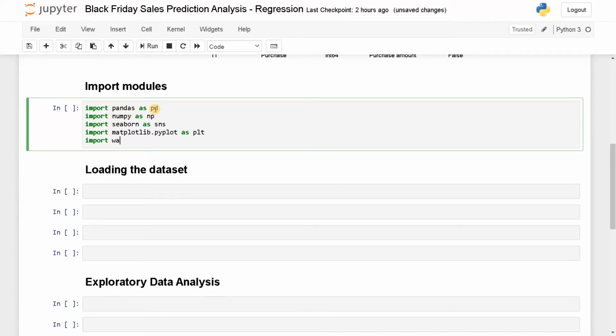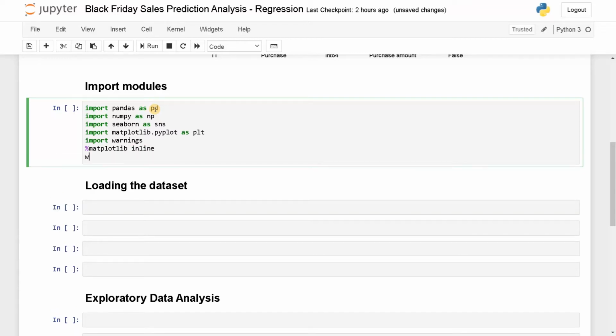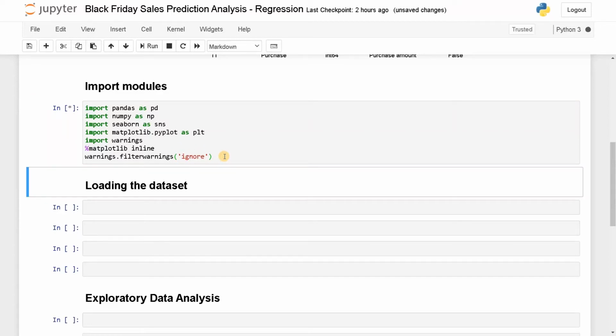Then matplotlib inline. And lastly, import warnings and set warnings.filterwarnings to ignore. You have multiple warning types, and you can also see which to use. Let's run this.